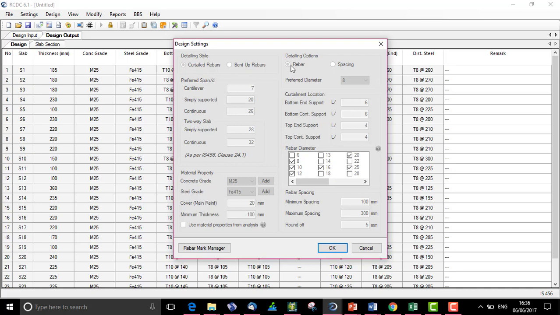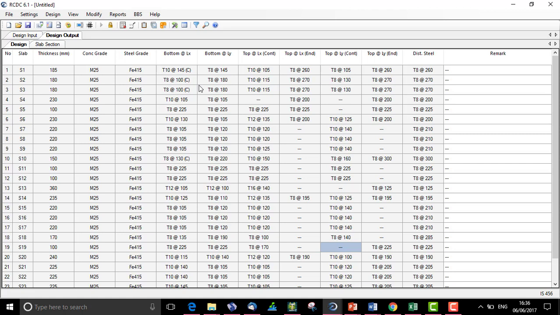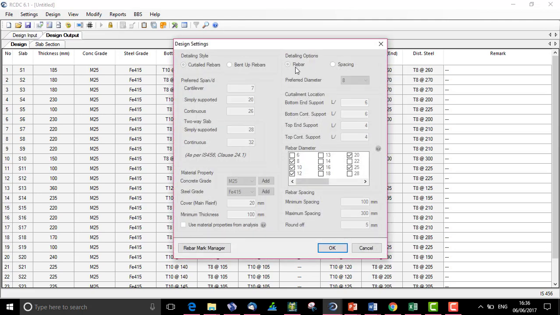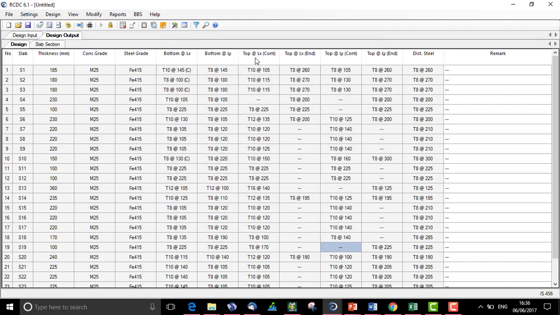We had set the rebar as 8 mm. So what RCDC will do is it will start designing the slab with 8 mm. It will try to set the bar or design the slab with 8 mm. If it's not possible, it will jump over to the next diameter, but precisely it will design maximum of the slab for 8, like we are seeing it over here. So in this file, what I have done is I have set the detailing option for a rebar, that is 8, preferably 8, or if not possible, then it will move ahead.